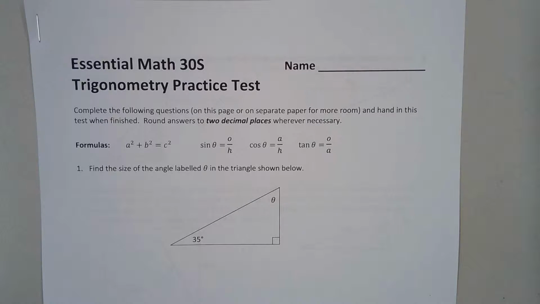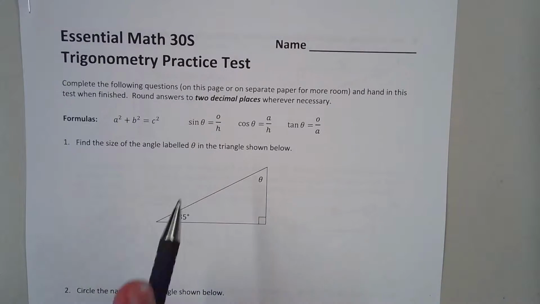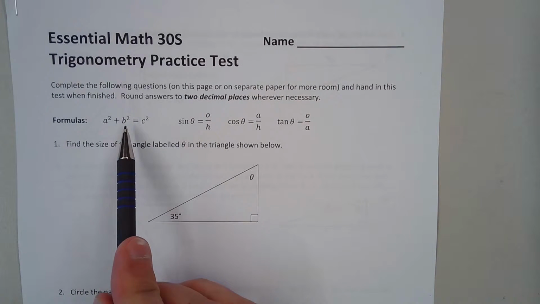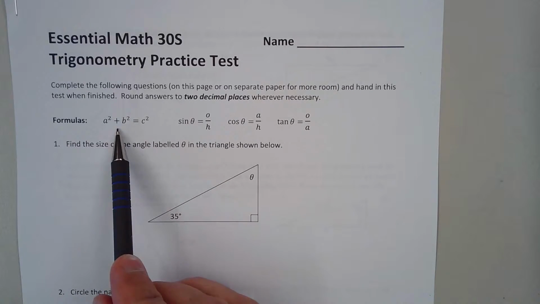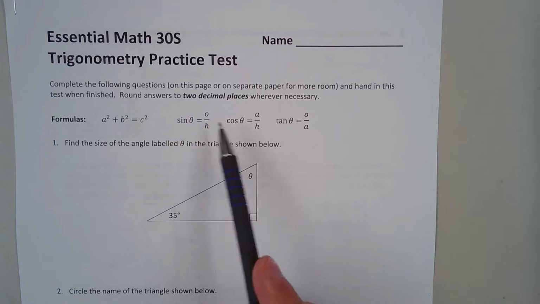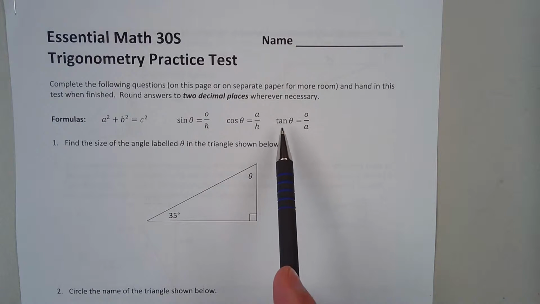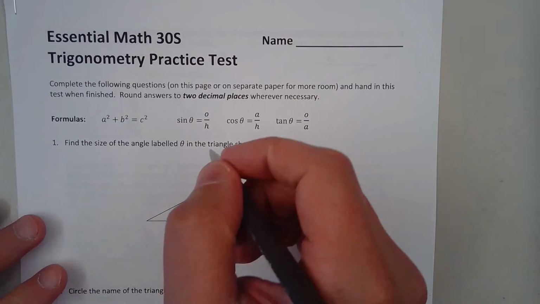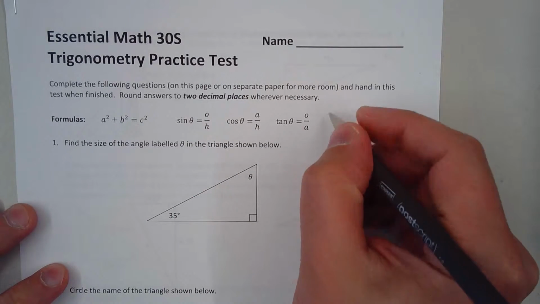So once again, we find ourselves doing a practice test that looks suspiciously similar to the final test. As I said, Pythagorean theorem will be given, but only in this form. If you're given a question where you already have the hypotenuse, you know you're going to have to subtract. And then here's your three trig ratios. I've been using the pyramids, so it's pretty easy to turn those into pyramids. You can just draw